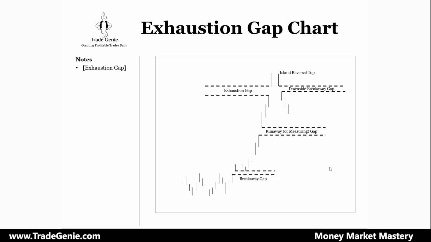So what happened? This is the exhaustion gap right here. It's like one elevator. You went on the elevator to, let's say, the 100th floor, and then you took another elevator to the 200th floor, and then this floor is only 203. So this was from 100 to 200, 200 to 300, and this is like 303, and then there's no volume, nothing, and the market is just sitting there. So that's the last one, and then you get out.